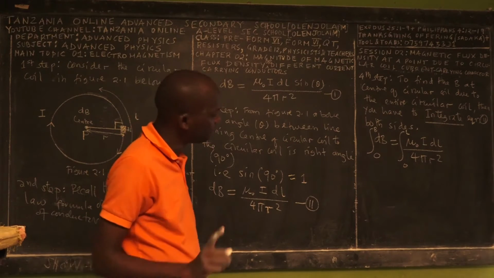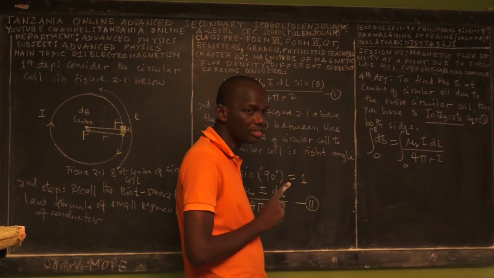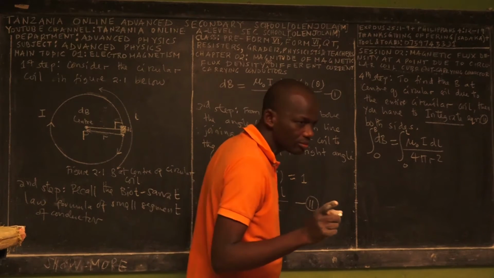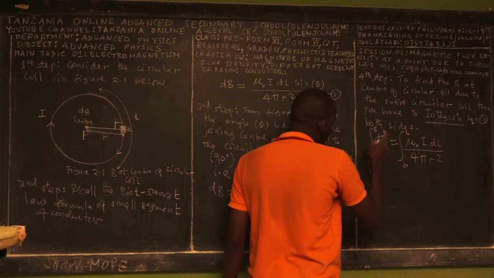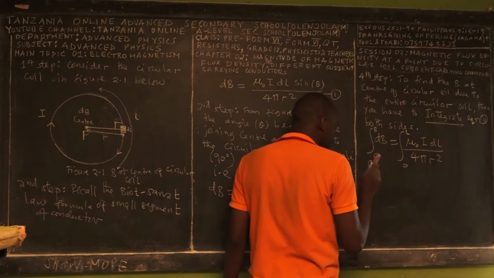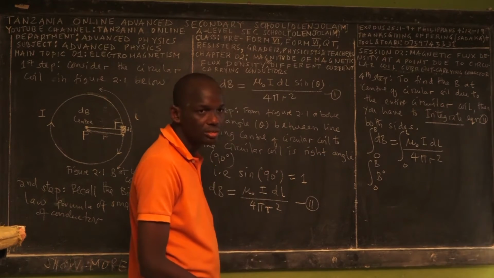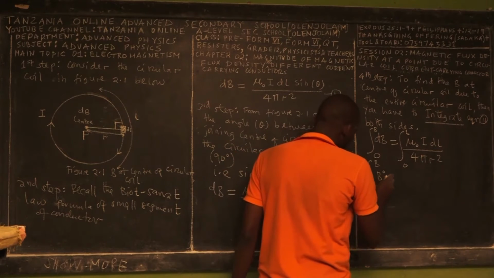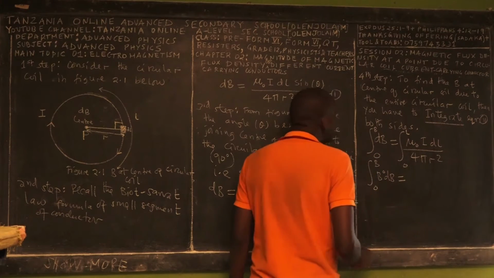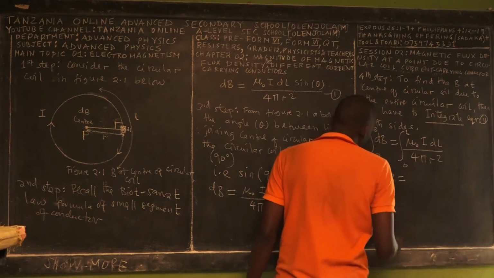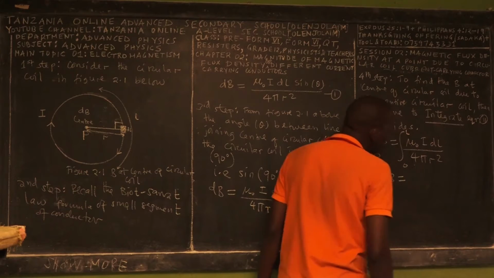Are we together? Yes. Be careful with this part of integration. This is the way that you see applications of basic applied mathematics for the PCB students. So we integrate from 0 to magnetic flux density. Listen, the technique we are using: here you have magnetic flux density power 0. Anything power 0 is 1. And then small change in magnetic flux density. On your right hand side, permeability of free space, electric current, 4 and pi, and r,